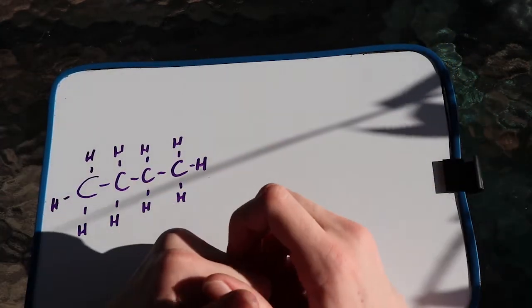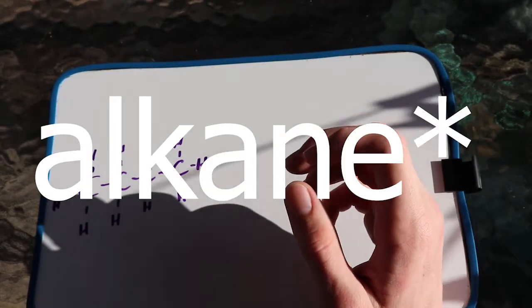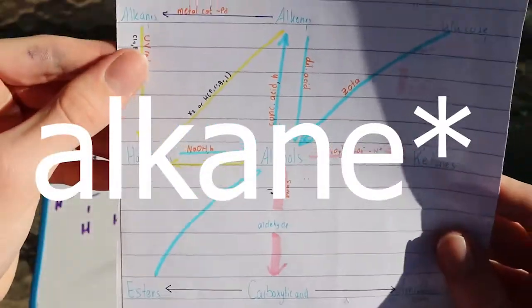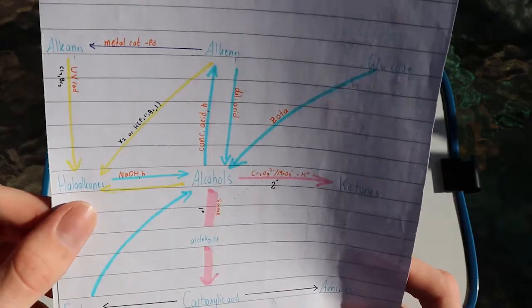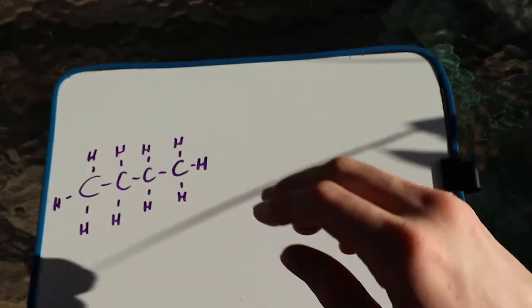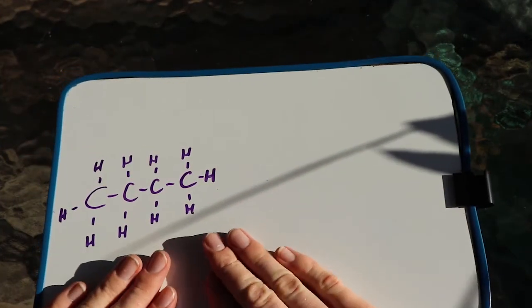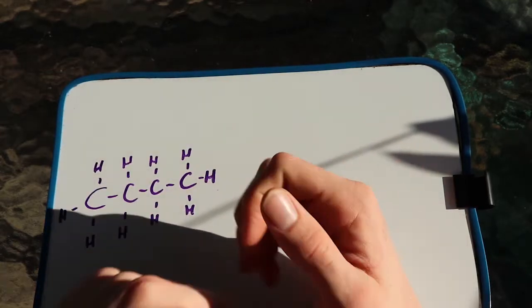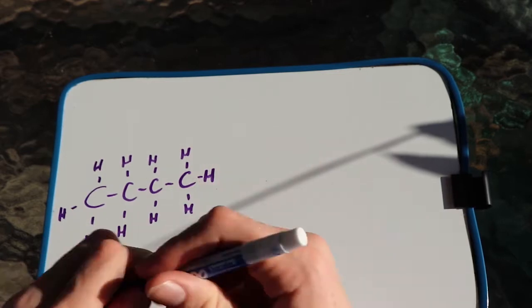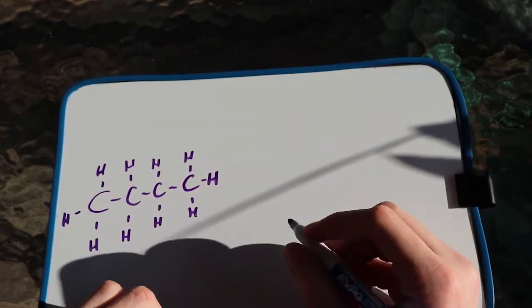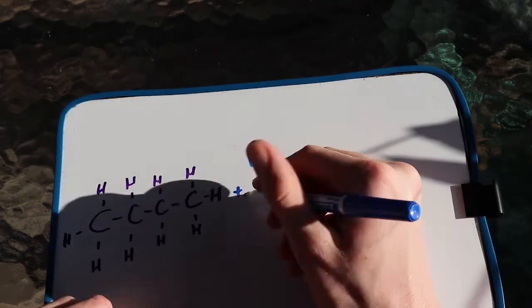Now we're going to talk about what we could react with an alkane. If we take an alkane by a halogenation of some form, we can form a haloalkane. And how are we going to do that? Well, this hydrocarbon is actually quite happy to have all its hydrogens. It's saturated, so it's going to take a lot more energy to break apart these bonds to a hydrogen and get rid of them. But what we can do, if we take, for example,